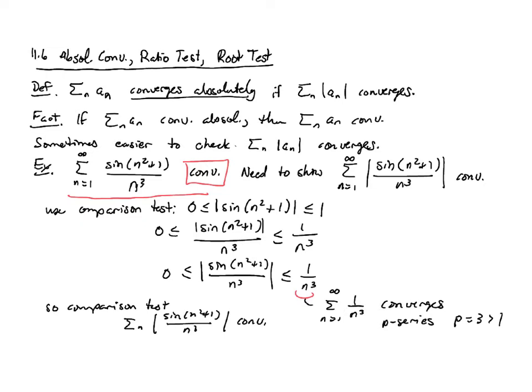Okay? So the idea with this is that sometimes it's easier to check that a series converges absolutely than it is to check that it converges. For other examples like this in the text, you should see examples 1 through 3 in the text, and one of those comes with a warning